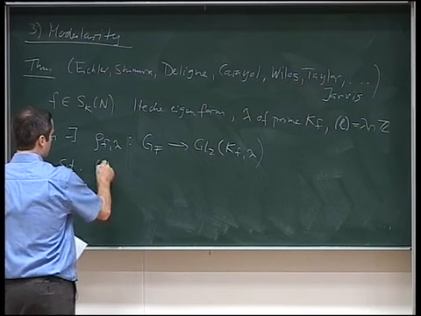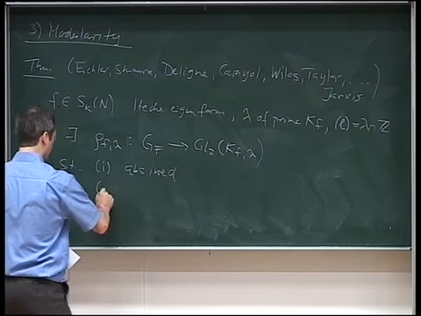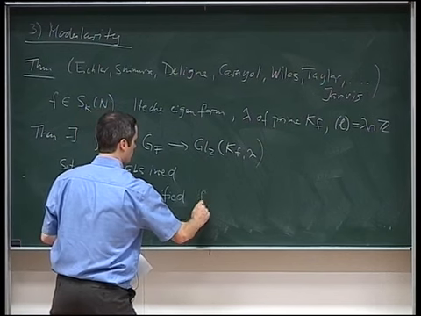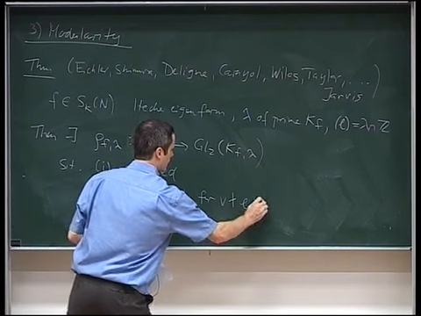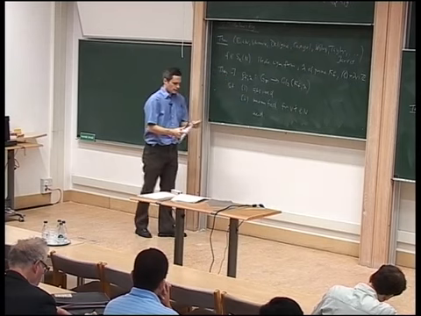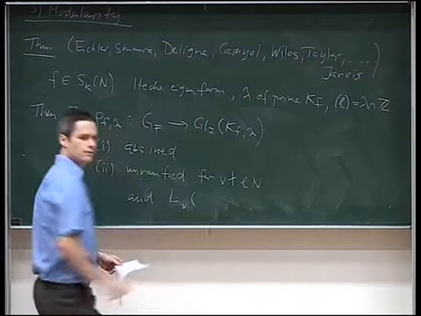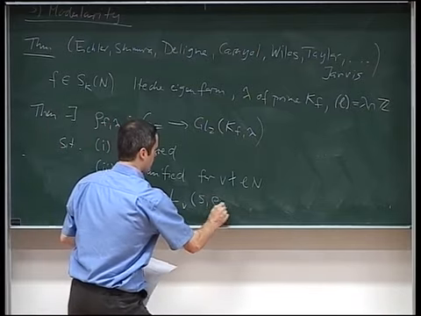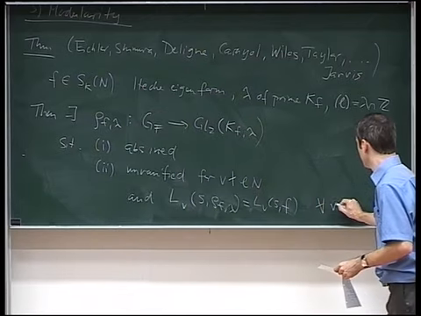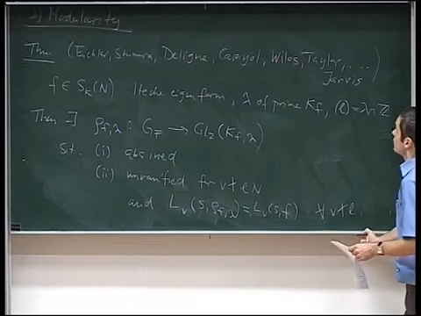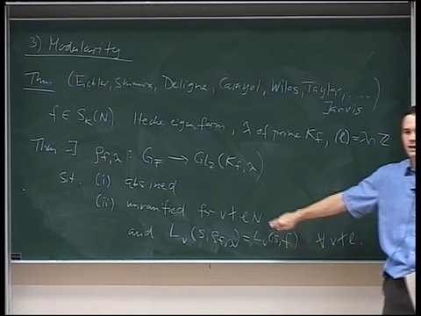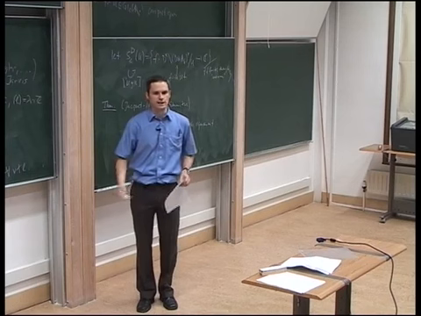And its properties are that it is absolutely irreducible. It is unramified for places not dividing L or the prime ideal N. And the local L factors that are defined in both cases match up, in fact for all places not dividing L. So this last statement in particular means for places not dividing L or N that the trace of Frobenius matches the Hecke eigenvalue of the T_v operator.